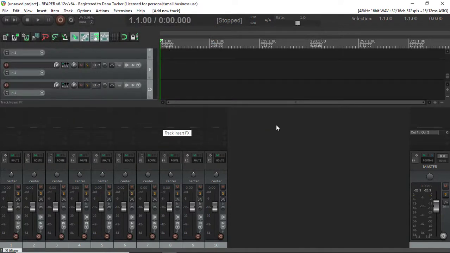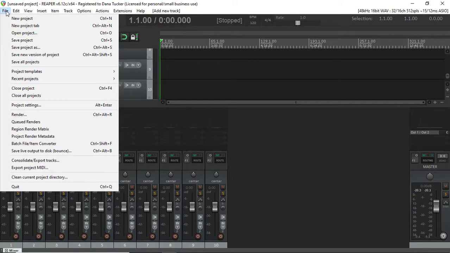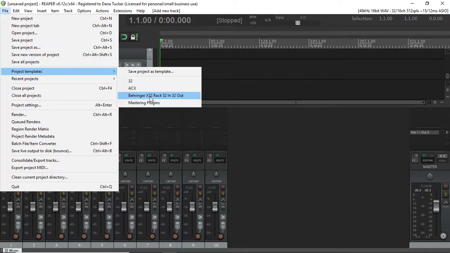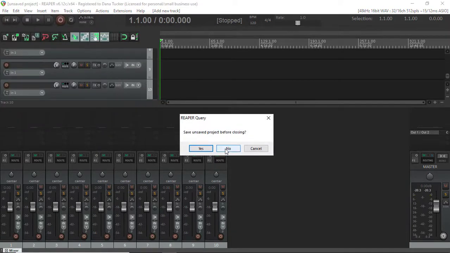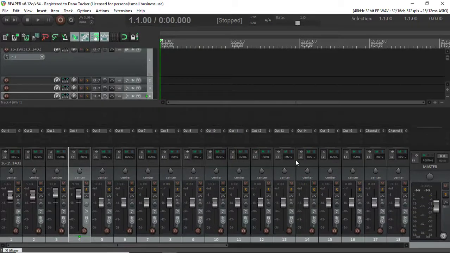Okay, so once you get your 32 tracks in here, and then at this point, I'm going to go ahead and bring up my project template, which is the 32 in, 32 out. We don't need to save that. As you can see here now, here's all my tracks. Okay, guys. Now, like I said, once you have this saved, your 32 tracks saved as your project template,